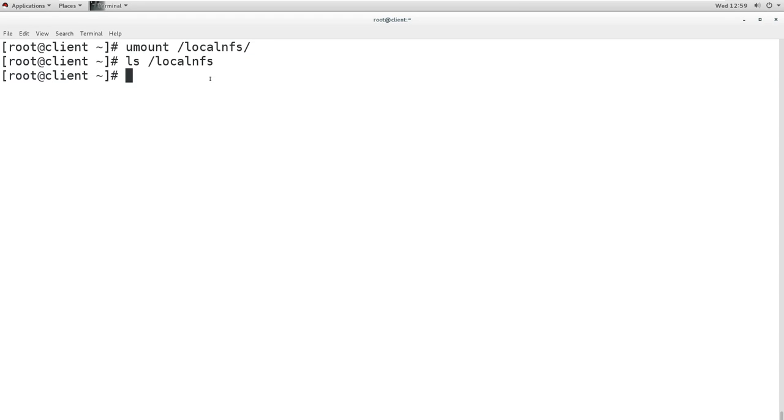Now if you don't want to give some clients or some hosts permission to mount, it is simple: we should not add them into the export file. We will add only those IPs or host names which we want to allow access to, and those which we don't want to allow, we will not add into the export file.